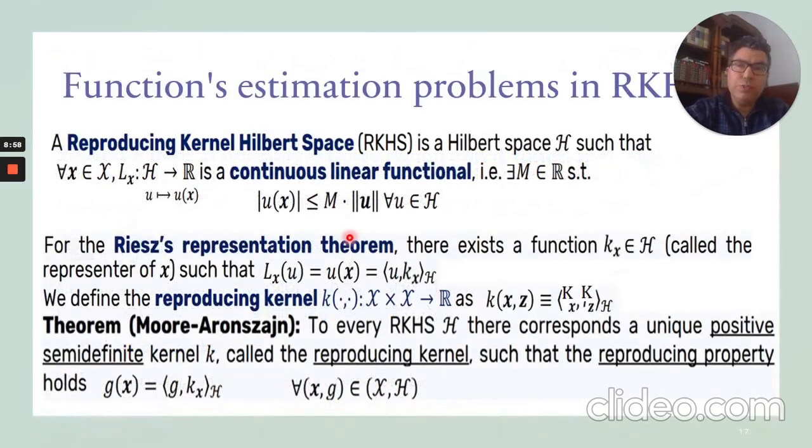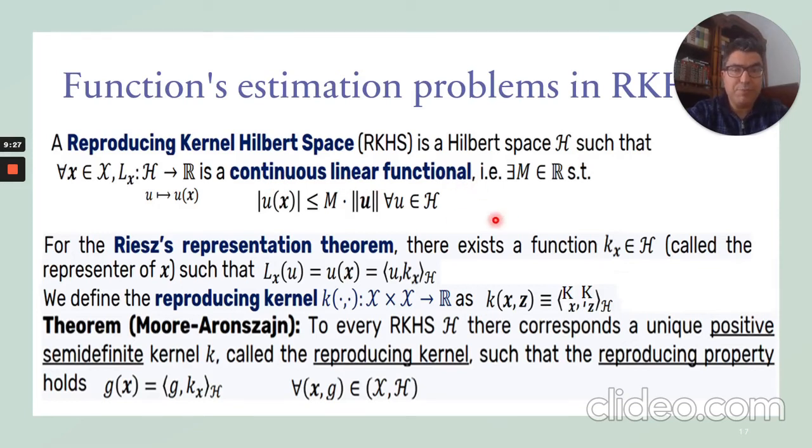The space we would like to use for those functions is called the reproducing kernel Hilbert space. It is a Hilbert space of functions with the condition that if we take the functional Lx defined from this Hilbert space to R, by taking any function u from this space, the image Lx(u) is just evaluating the function u at x, and this should be a continuous linear functional, and to be bounded.